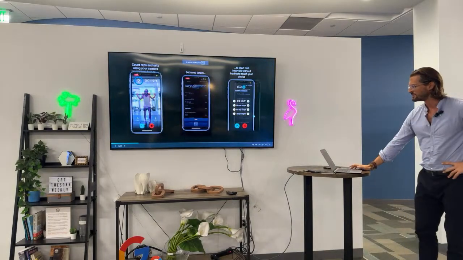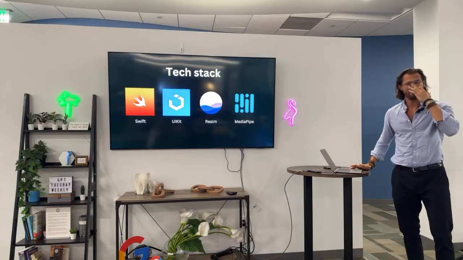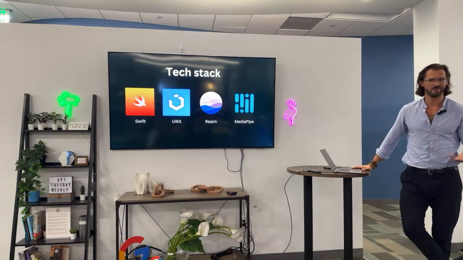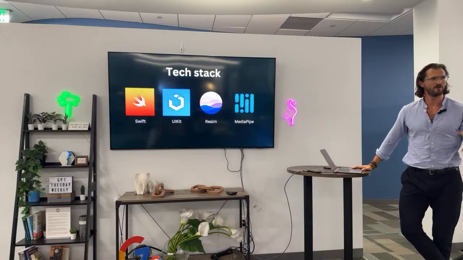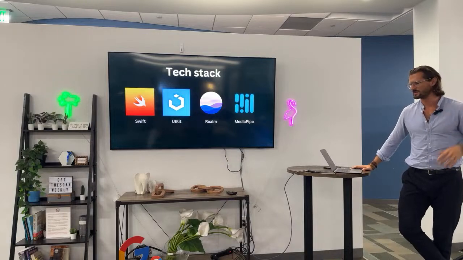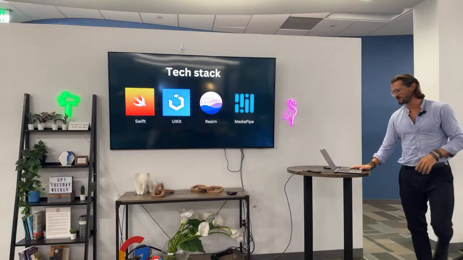So as I said, I built this app as a calling card, to get interviews for iOS developer jobs. So a lot of the technical challenges are around iOS development. But given the audience here, I'm just going to talk about the AI behind it. This is the tech stack: Swift, which is the language for